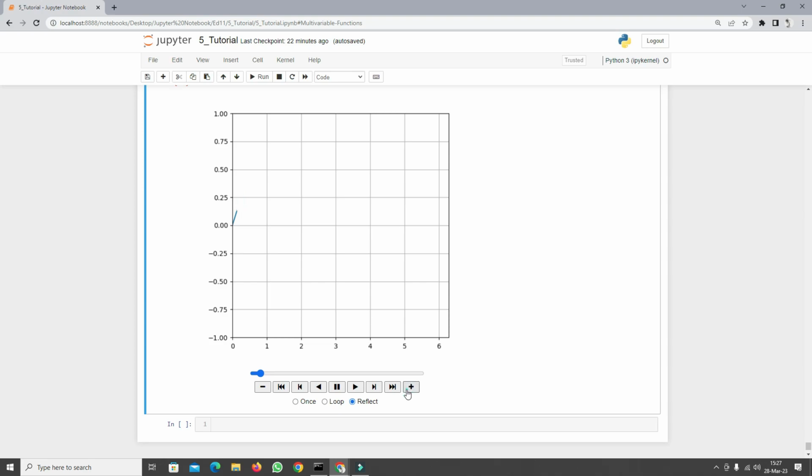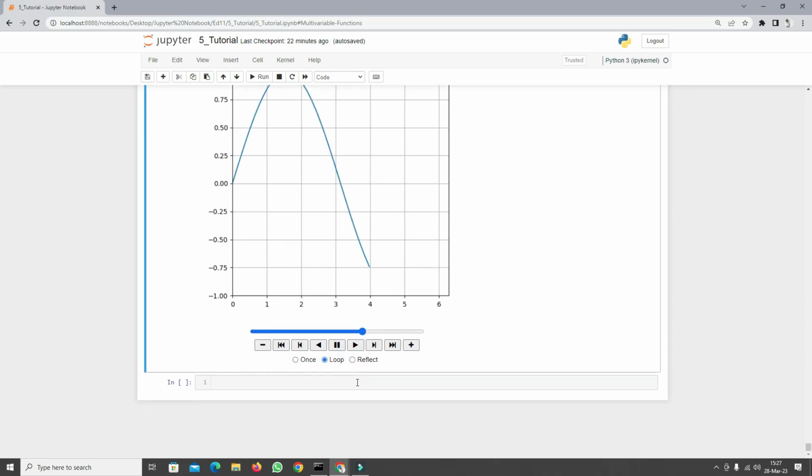Okay, so let me just show you what the increased speed does. I'm going to make it go faster a little bit. And if I click on loop, I can press play, and then it's just going to go all the way to 2pi and start at 0 again. Okay, so that's cool. I'm going to pause that. There's an alternative way of doing this,